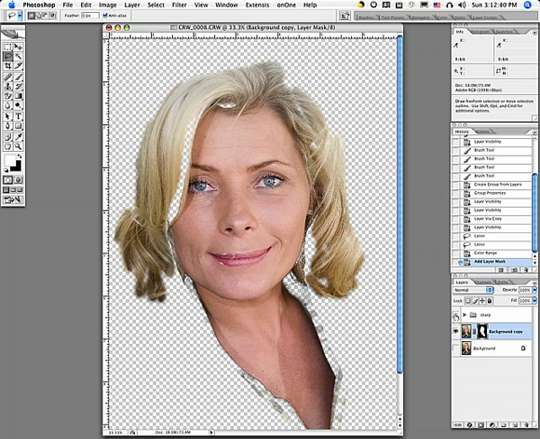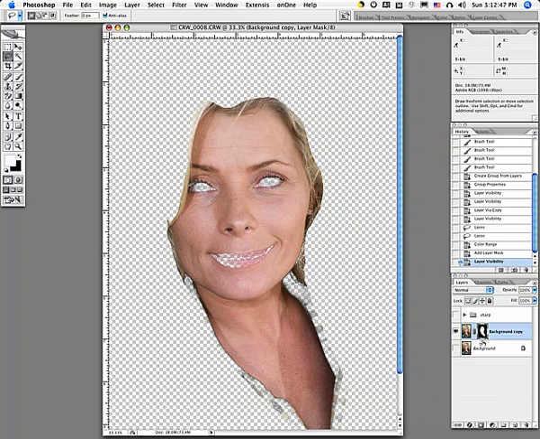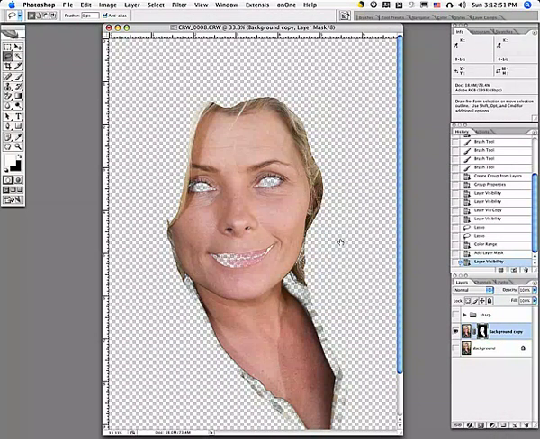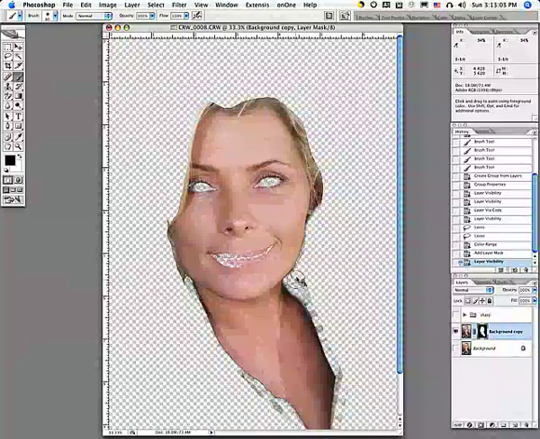Now let's remove our sharpen layer here, and let's see what we have. Okay, I've got a little too much selected, so I'm going to go into my layer mask here and paint with black because I want to remove some of this selection. So go to a paintbrush and just paint with black in here, and I'm going to remove some of the hair that was selected here,